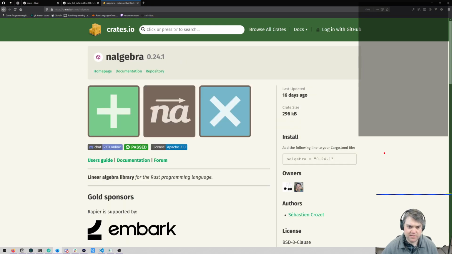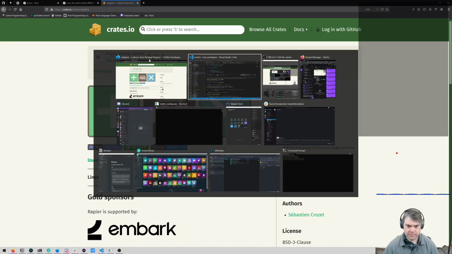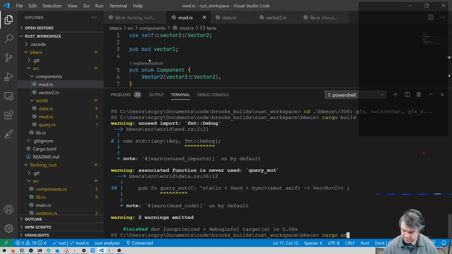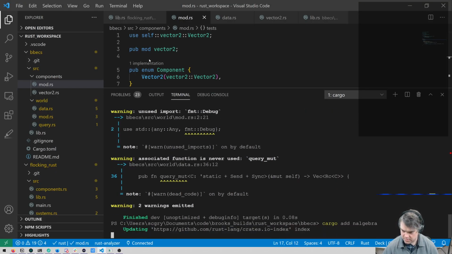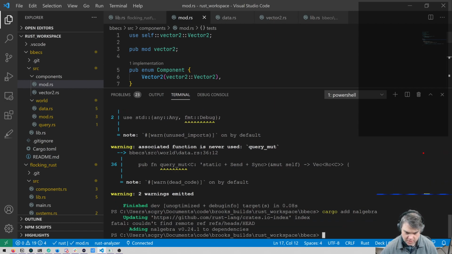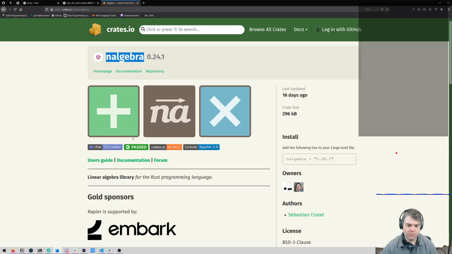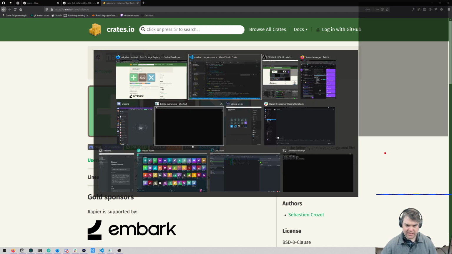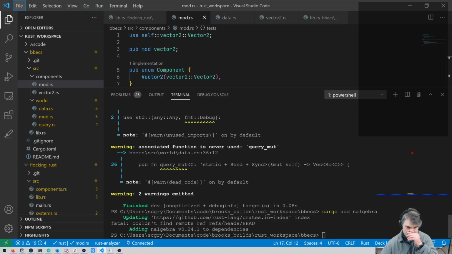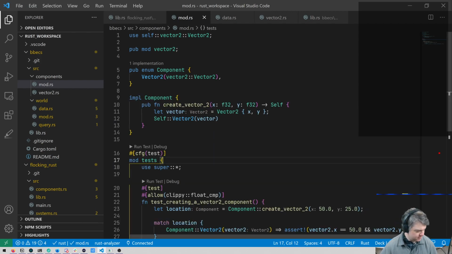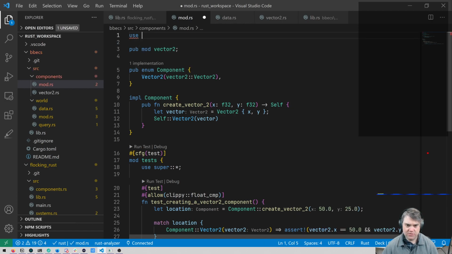So let's grab its name. Okay, so we've added 0.24.1. That is the correct version. So now that I have nalgebra in, instead of the self Vector2, we can use